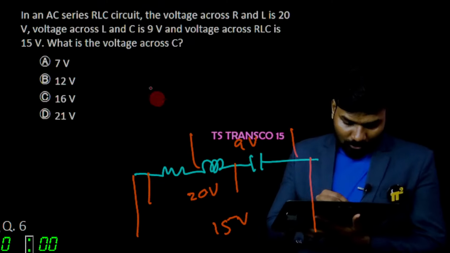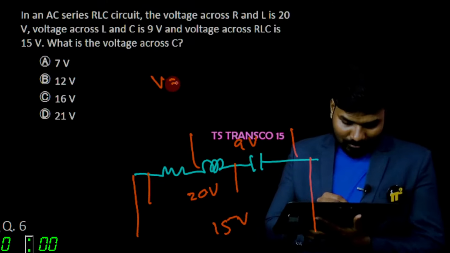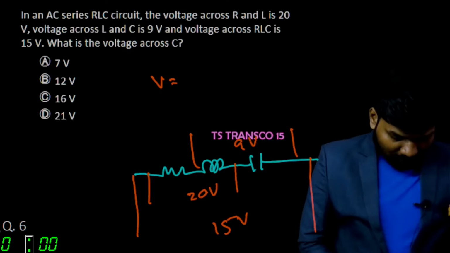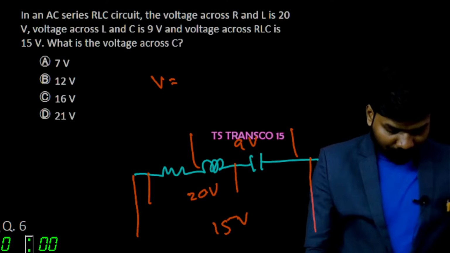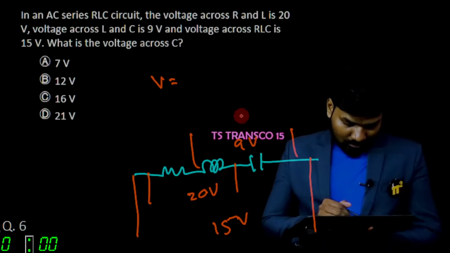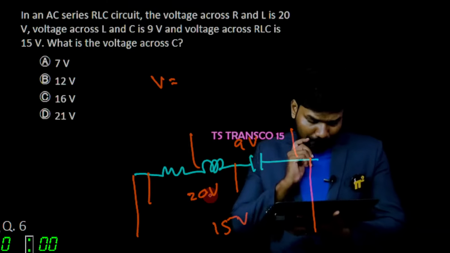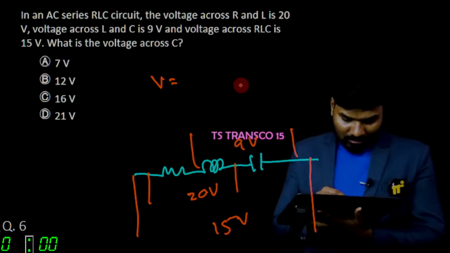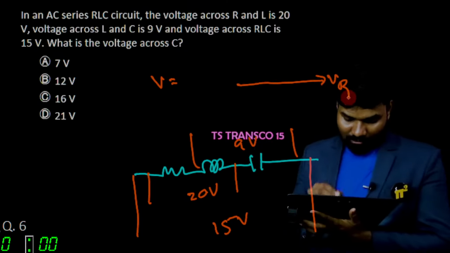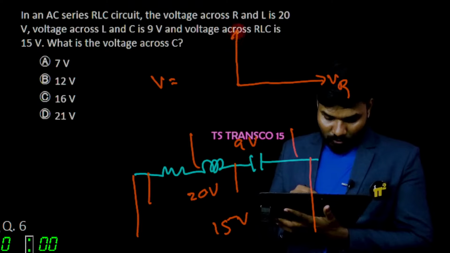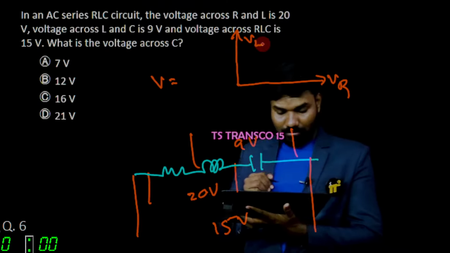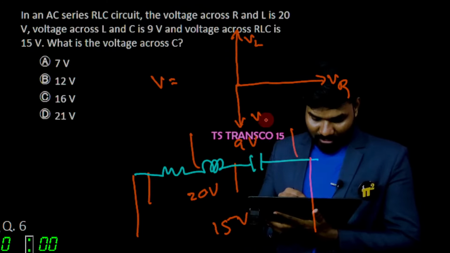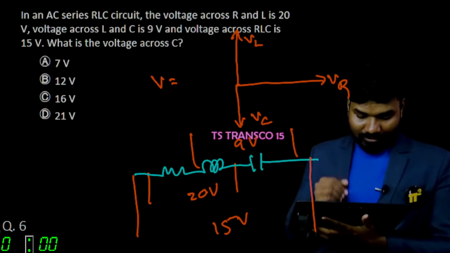So we know total voltage. If you want to calculate it, what is the relation between total voltage and the other voltages? Let's see. We got this voltage is 20. VR plus VL. So this is the VR vector. The VL vector is somewhere over here. This is VL, and this is VC. A little clumsy it seems to be. Yeah, there are the 3 vectors.